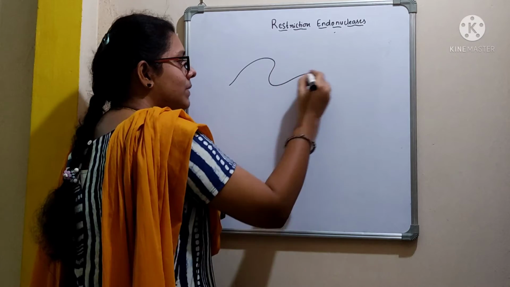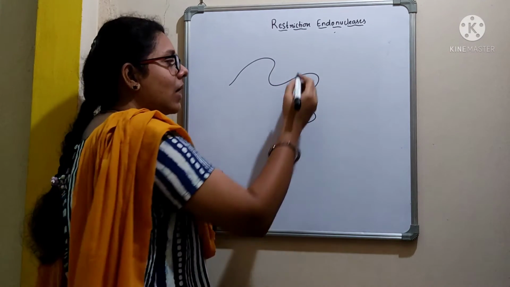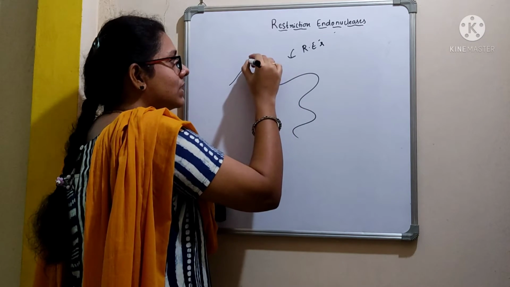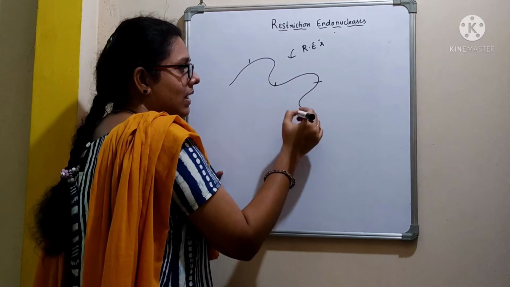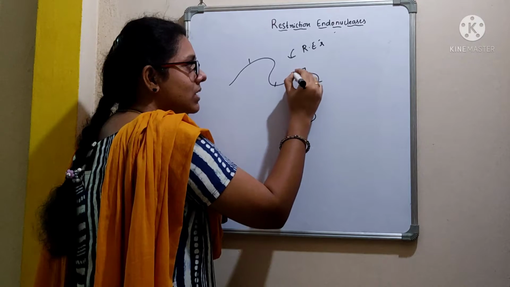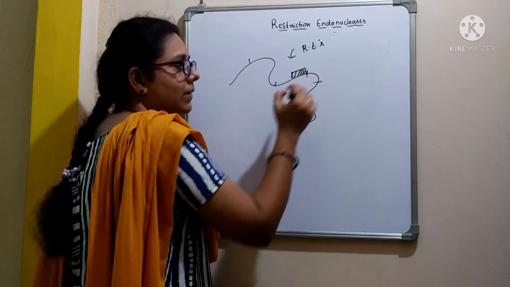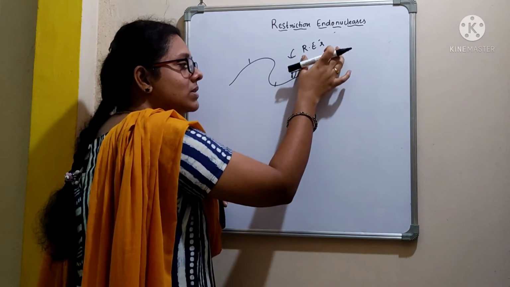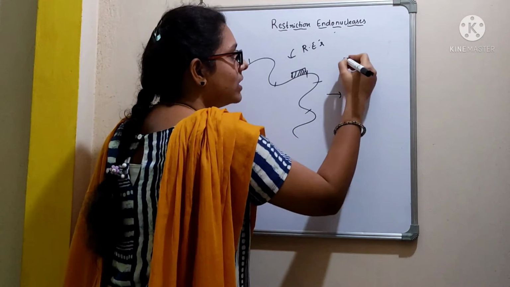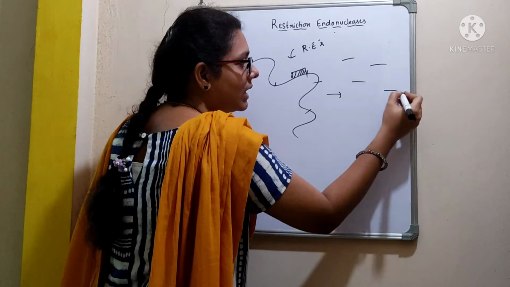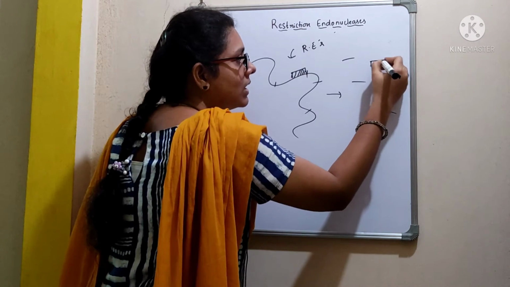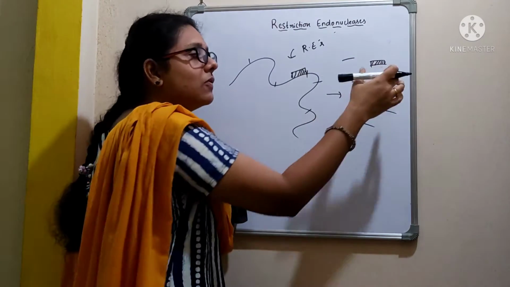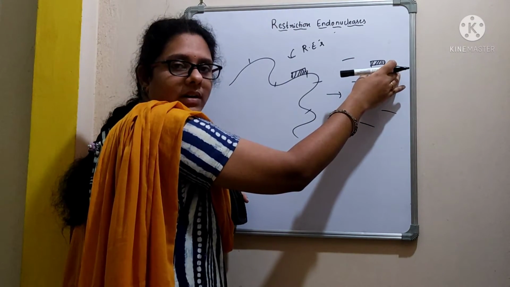So, for example, this is the DNA. Now you have treated this DNA with the restriction enzyme. So these are the cleavage sites. And here there is a gene which we are interested in, right? Once we treat this DNA with the restriction enzymes, then after the digestion we are going to get multiple DNA fragments. So here it is our gene of interest. In this way we are going to isolate the gene of interest, right?